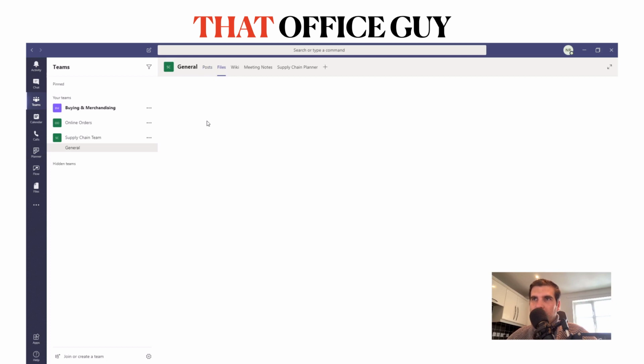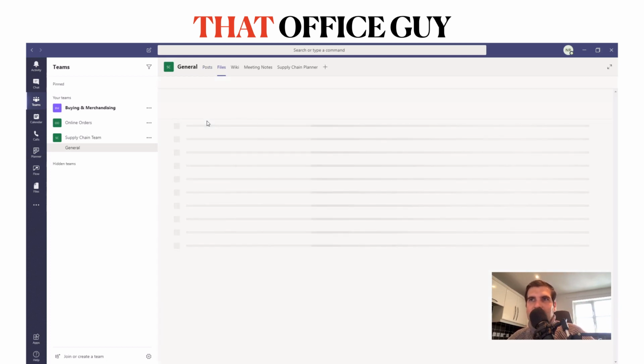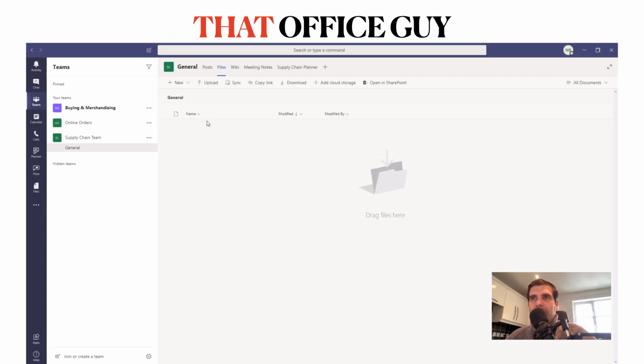Now, the files section, because Microsoft Teams is directly linked into SharePoint, a SharePoint site is created by default for the team itself. And what that basically means is you have a place to store your files in the cloud. And those files are only accessible to the team or the members of the team itself, right? So we can add new, we can upload, and the files that you put into here or into SharePoint